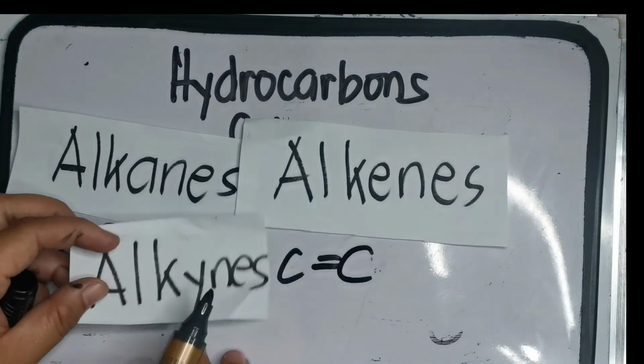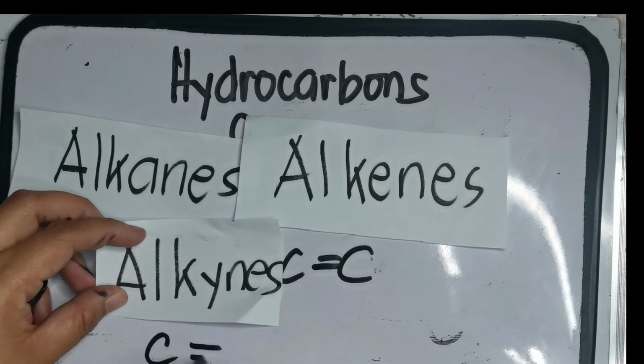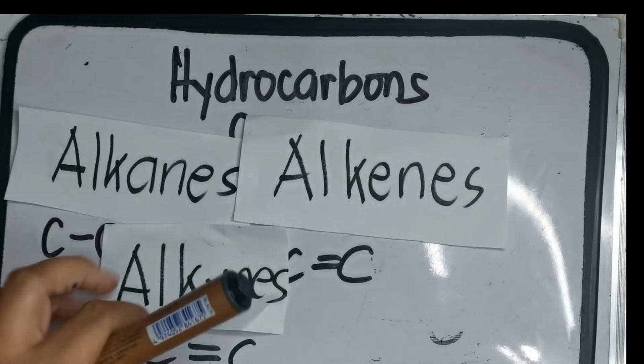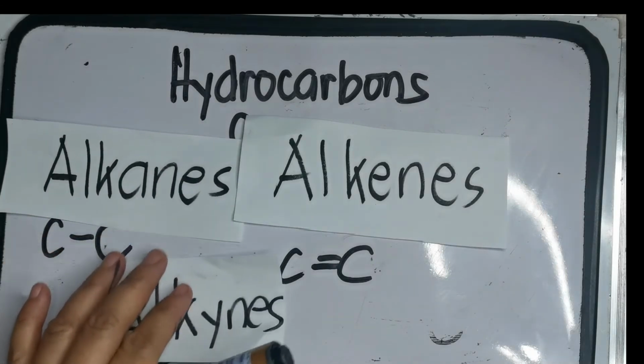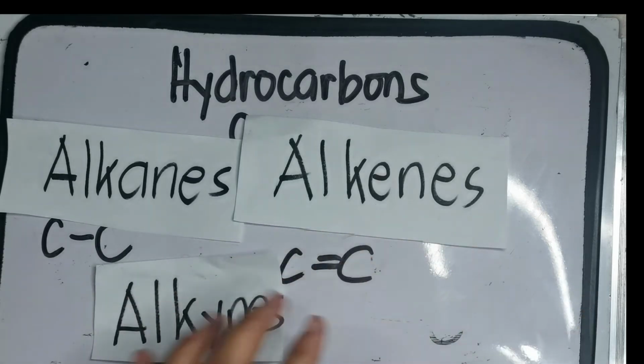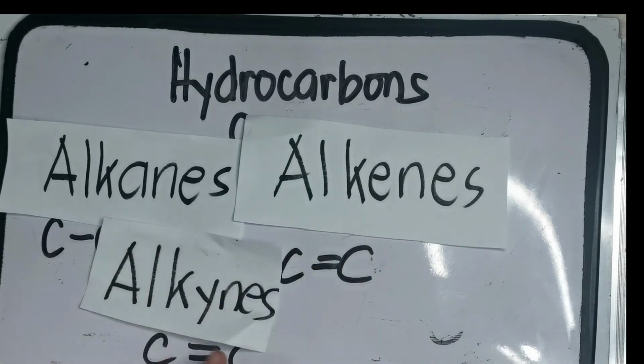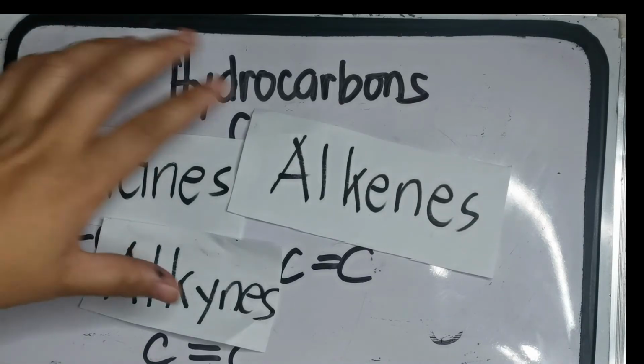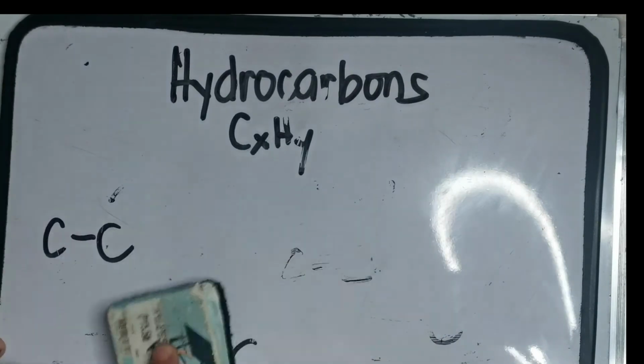And when we say alkynes, it has at least three bond structure of a carbon. So just don't forget that ane as single, ene as double, and yne as the triple bond structure of a carbon. So this is something to do with the longest bond structure, katulad ng ginawa natin kanina,